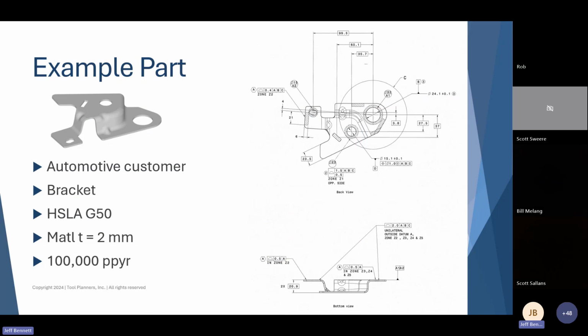This is going to take us into our demonstration of Die Estimator. I've picked a seating part. We'll call it an automotive customer. We'll call it a bracket. This is an HSLA, excuse me, grade 50 material. Material thickness is 2 millimeters, and the die is to produce 100,000 parts per year. So we'll use this one for an example. Keep in mind that you can do anything from flat parts to